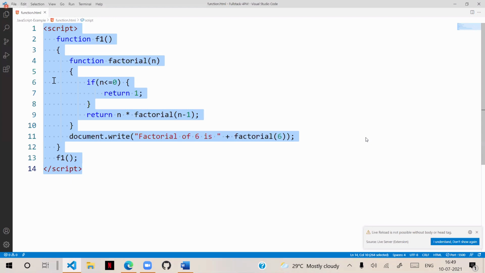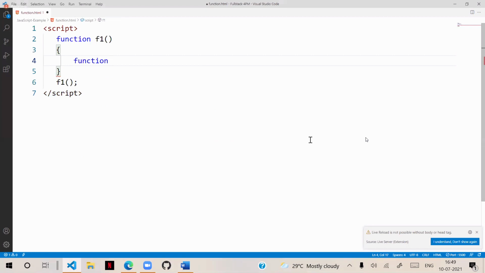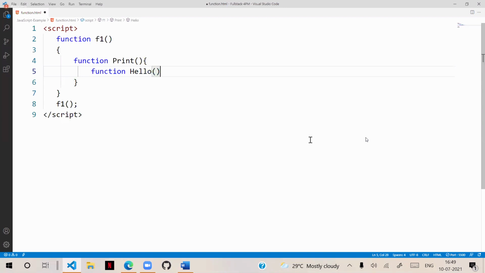For example, suppose here we are defining a function. Suppose print is a function. This print function is having another function inside it, hello. And this hello function is configuring and defining the value.